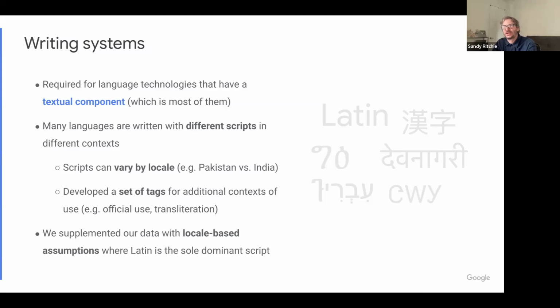We did do a little bit of assumption filling in. In a country like Australia, which has many indigenous languages, we believe that all of those languages are written with the Latin script, if they're written at all. So we have an assumed tag in the repo where we say we think this language is written in Latin script, but we're just assuming that based on the country where it's spoken. That's another way of filling in the many gaps which exist in this area.